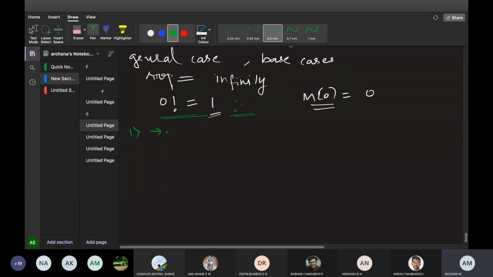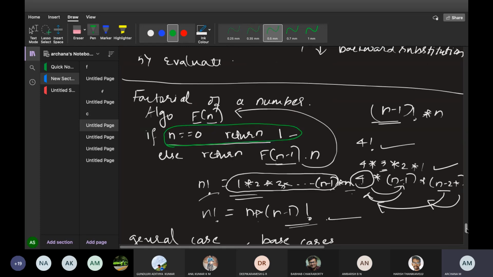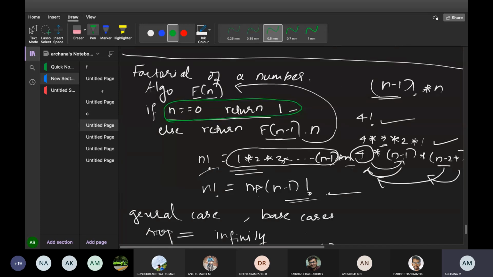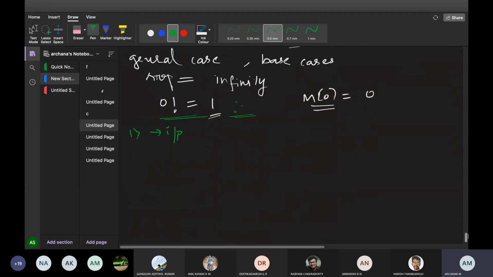First step, identify the input. What is the input of this program? We are finding the factorial of how many numbers? In the question itself, look here, this is function of n. So the input size is n. I am writing an algorithm for n numbers. The input is n. So what is the basic operation? Can anyone tell me what is the basic operation?